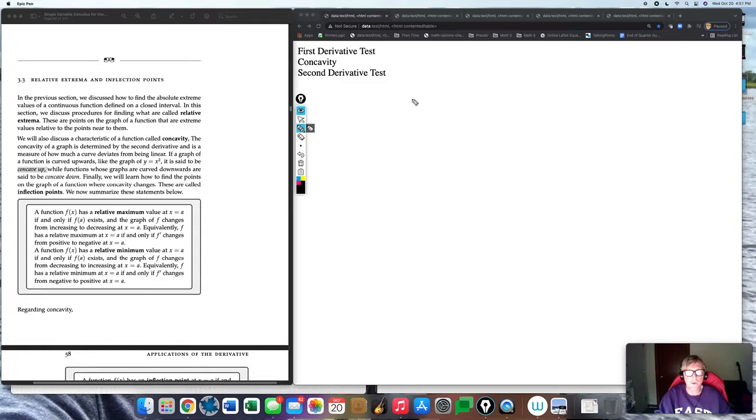So let's say we have our same function, 2x cubed minus 3x squared plus 2. And we go and find our second derivative. So our first derivative, if you remember earlier in the video, was this. But I'm going to keep going and find the second order derivative. So that's going to give me 12x minus 6. Now, where the second derivative is equal to 0,